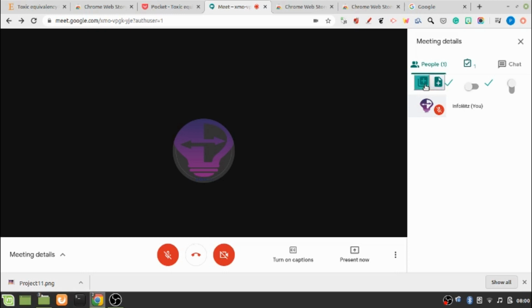So here you can see there are two options: the first one is to add a sheet to a file with a timestamp, and the second one is to create a brand new sheet. And here is the option for on/off. If you just click on this, the extension will be off, so the attendance will not be generated, and if you click on the on button, then the extension will automatically record attendance for the meeting.